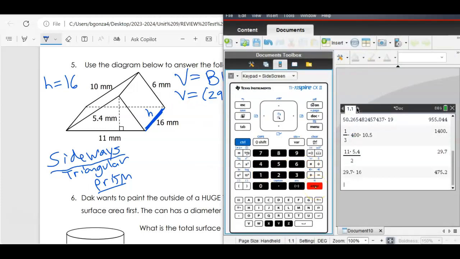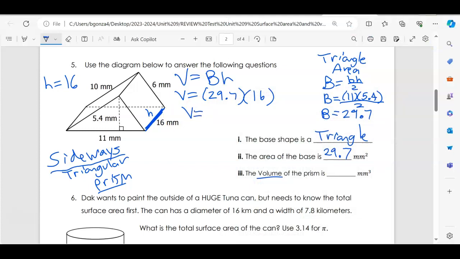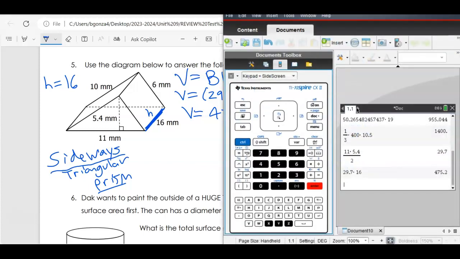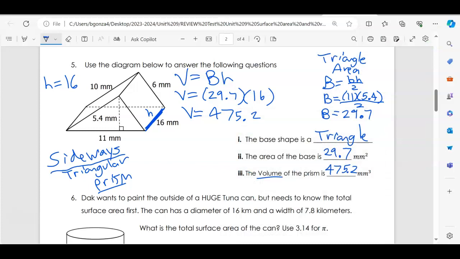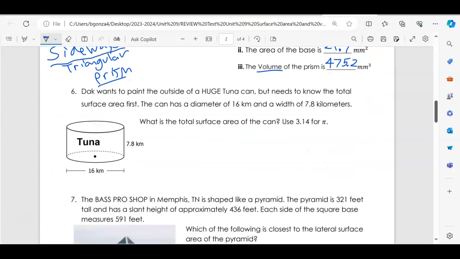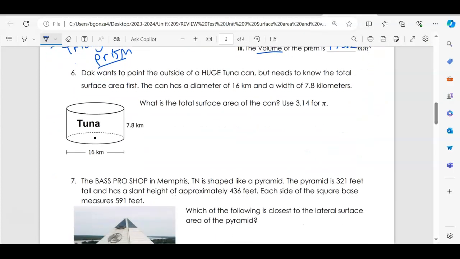And we get 475.2 millimeters cubed, because volume is three-dimensional, so it's the power of 3. Cool. Number 6. It says Dak wants to